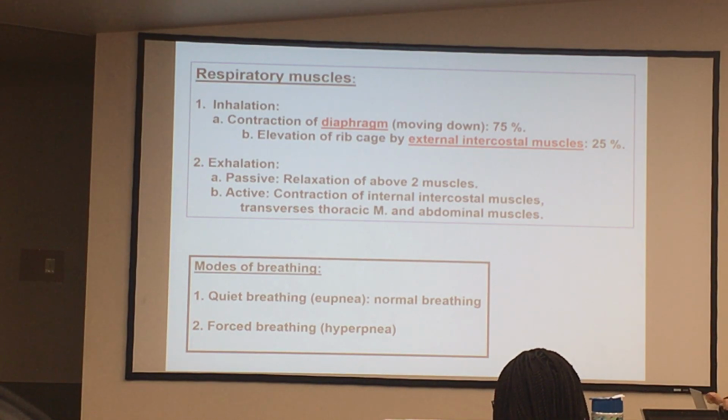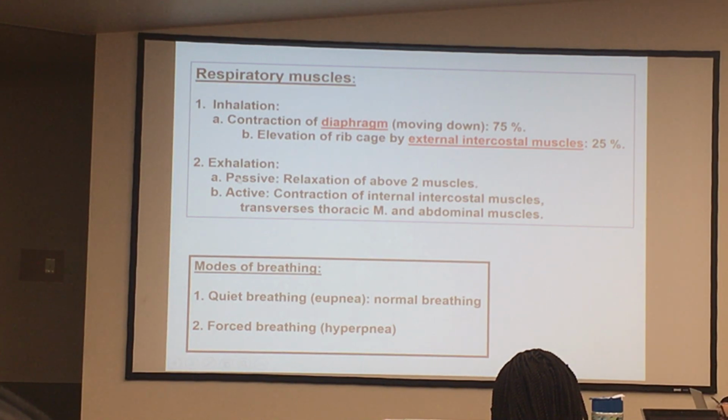This one up and this one down, so the space doubles in increase. Okay. Exhalation is just the diaphragm relaxing, so it's a relaxation of the diaphragm and the external intercostal muscle. Okay, and so usually in resting condition,